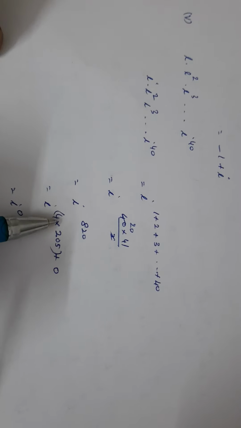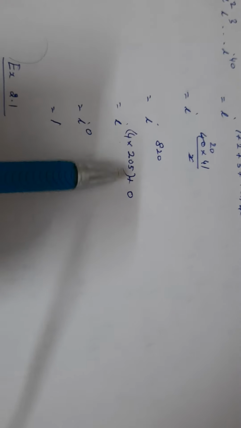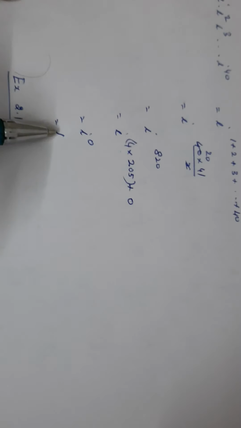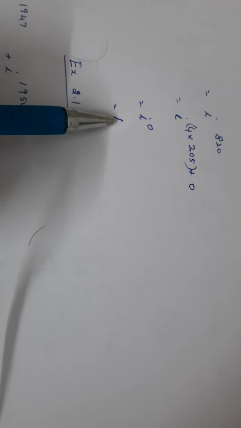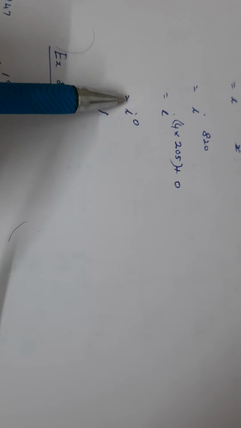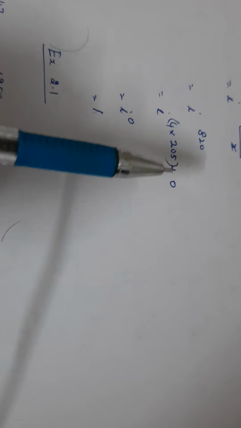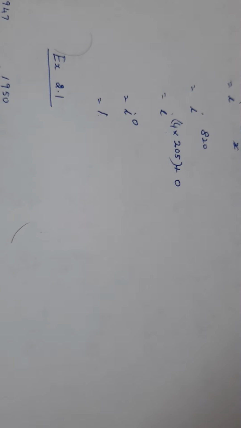So let us simplify it by dividing it by 4 to find the remainder. As it is exactly divisible, the remainder is 0, which is equal to i power 0, that is equal to 1. So if the remainder is 0, immediately you can write 1 instead of writing the step i power 0. Directly you can write it as 1 if the remainder is 0. That means the power is exactly divisible by 4.